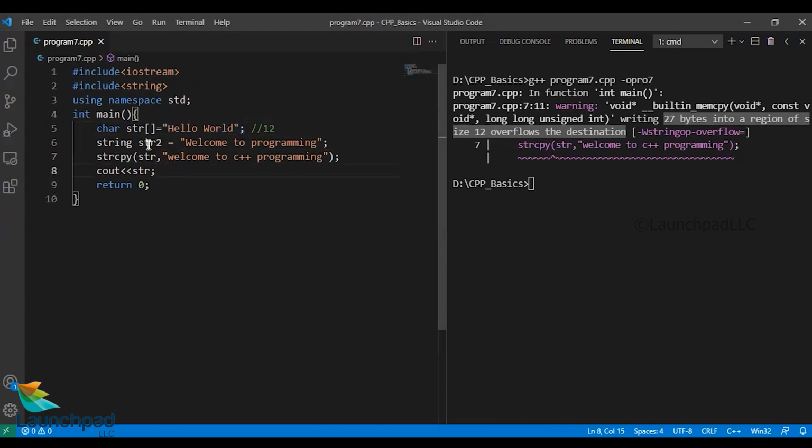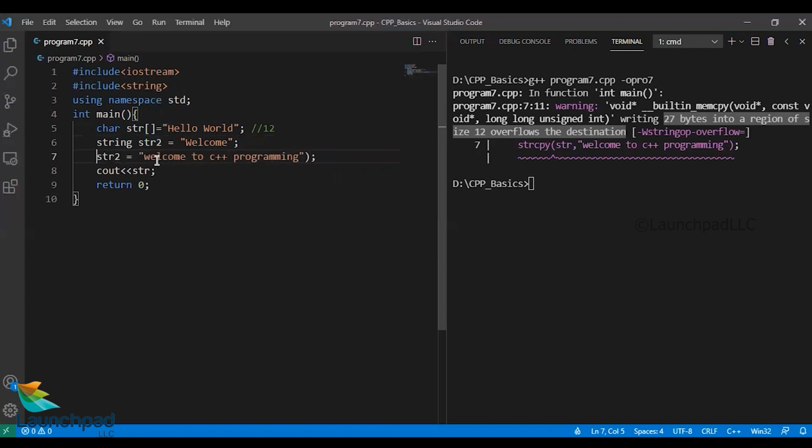And at a later stage, when we try copying a much lengthier string to the same character array, it doesn't support that, because of the extra length. But when it comes to strings, the string class in C++ programming, assume I store a word of length only 7 in it. So the size of this string str2 is only 8 in the beginning. And when I try storing a bigger value in str2,